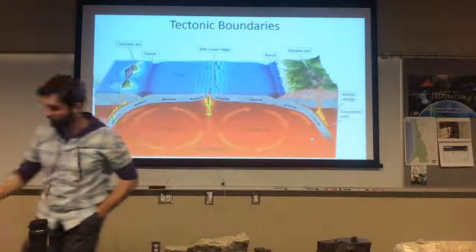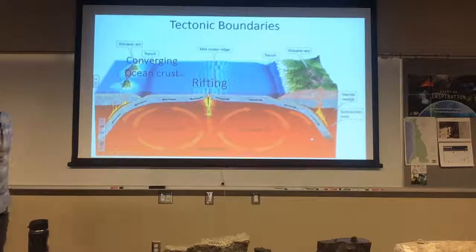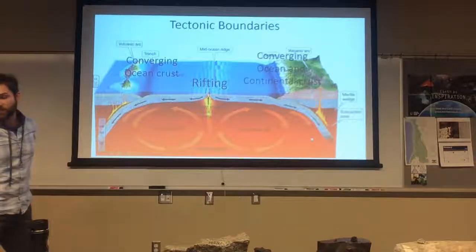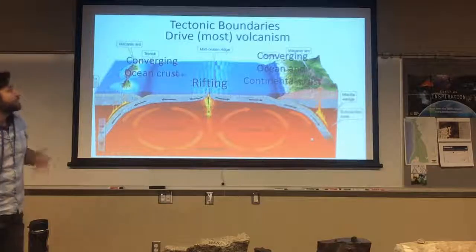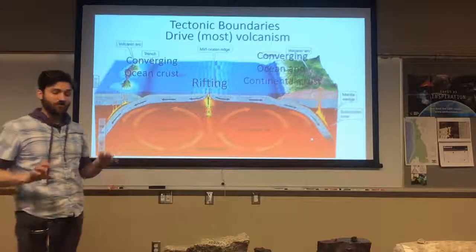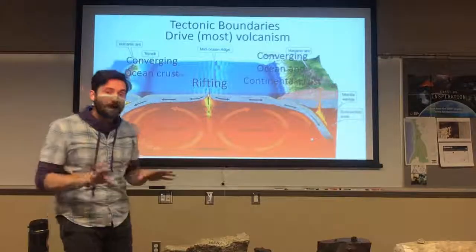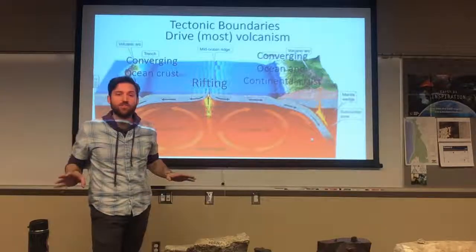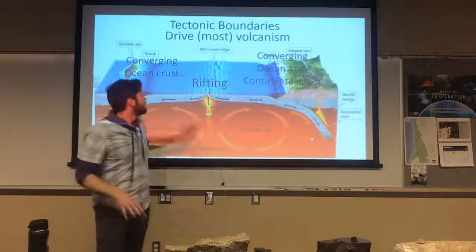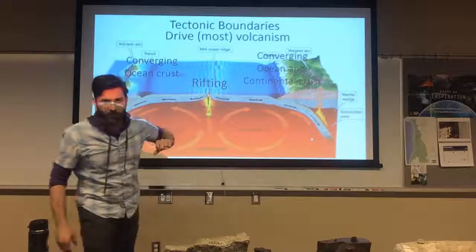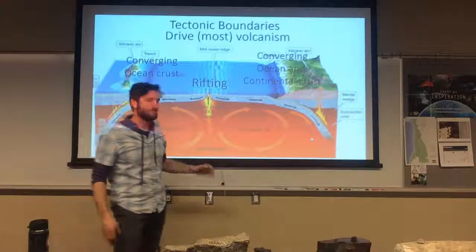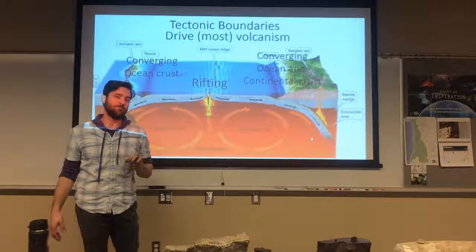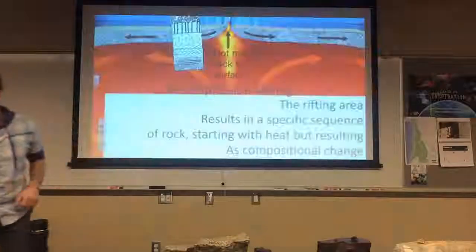Okay, all right, spent too long on this diagram here. I'm getting a little bit too wordy. Continental rifting, converging oceanic crust, converging oceanic and continental crust. Okay, this type of tectonism, the plate boundaries, it's what's driving volcanism. Okay, this is business as usual. This is how the Earth functions. Driving most volcanism. Okay, those things I just mentioned, the mantle plumes, those also drive a different style of volcanism, intraplate volcanism. We'll get to a little bit later.